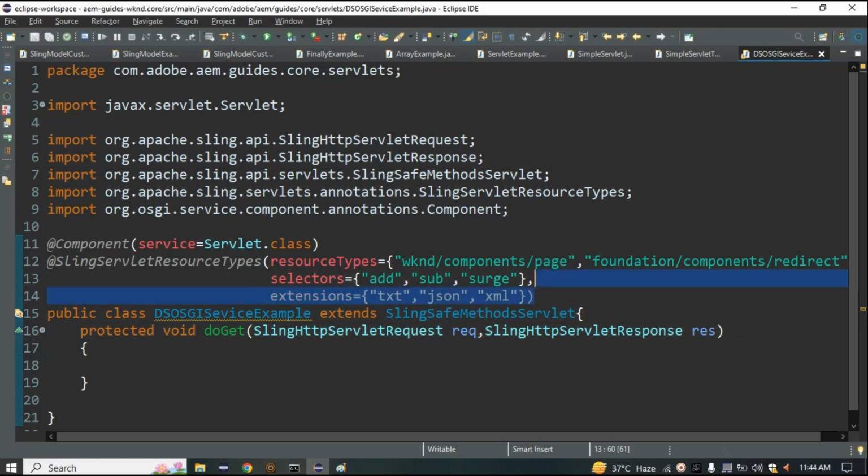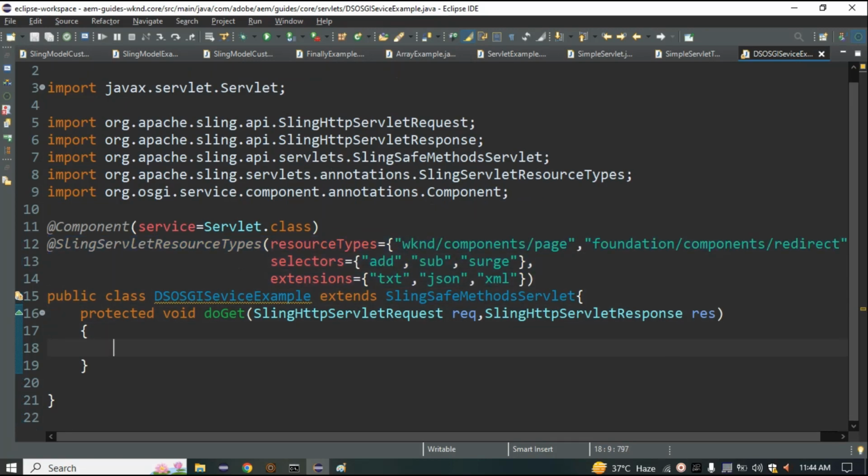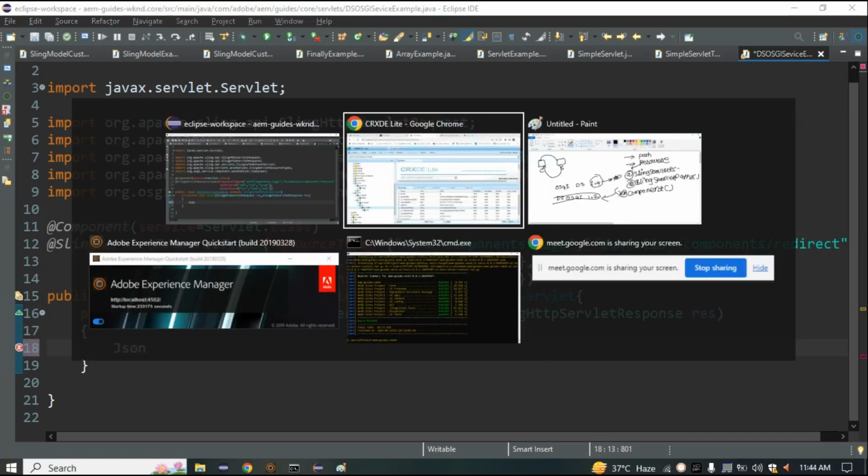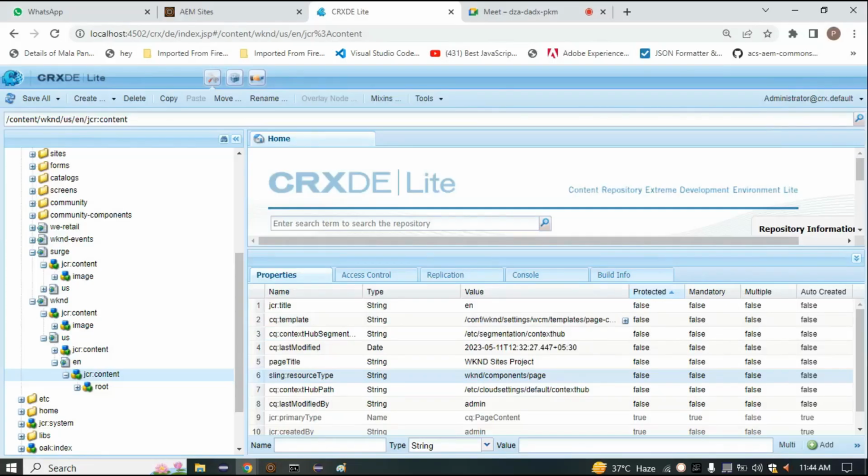Okay, so this is the servlet that I have defined, that I have registered by using the Sling servlet resource type. And here I am using some logic now. Okay, so just do one thing, like, I'll create a JSON. What our requirement is, see,